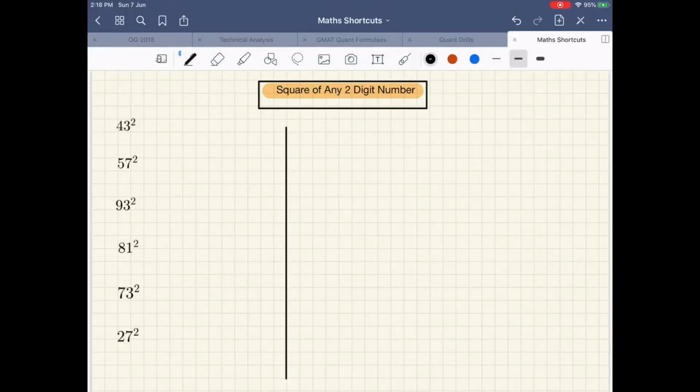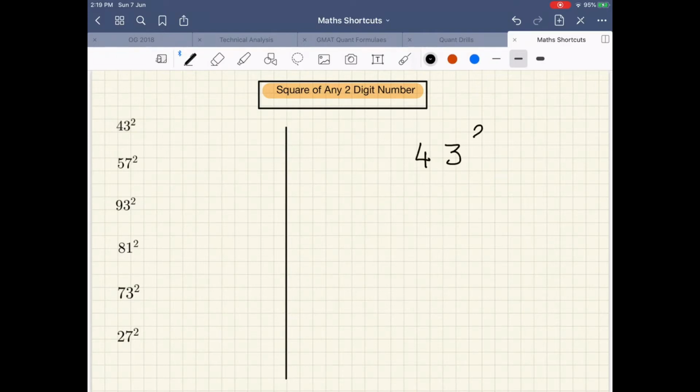Okay, hello everyone. While solving any problem, sometimes a need arises to find the square of a number. So in this video, I will be showing you a simple technique that can be used to find the square of any two-digit number. And all this can be done in less than 5 seconds. So let us start. The first number,